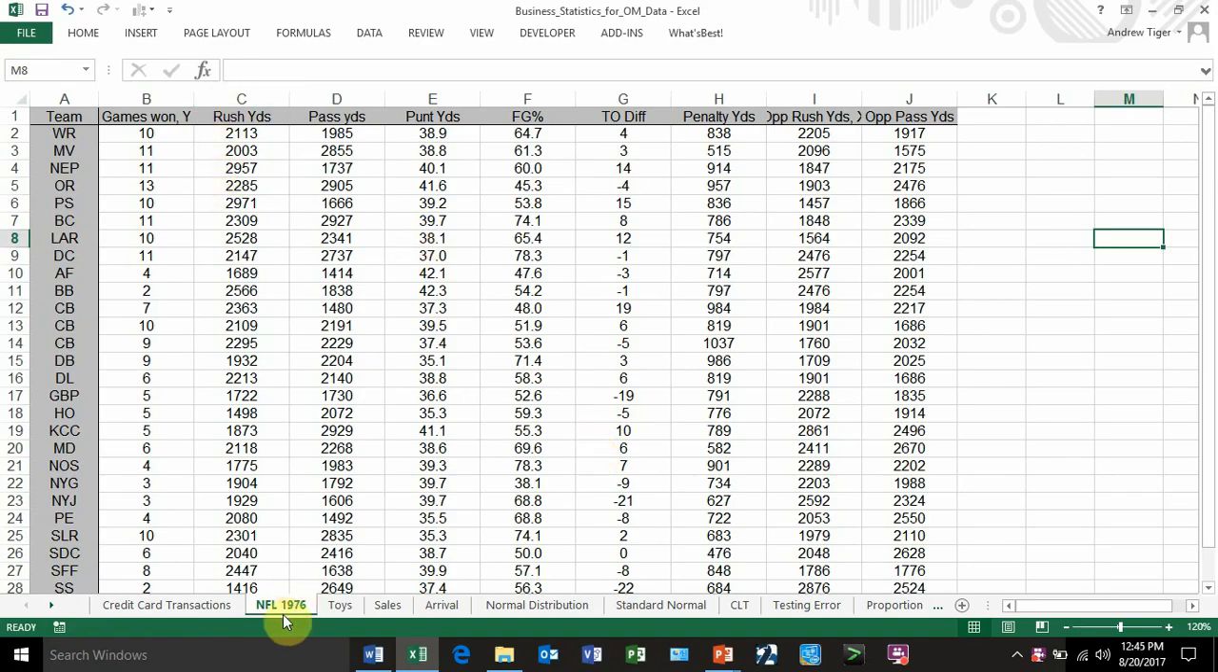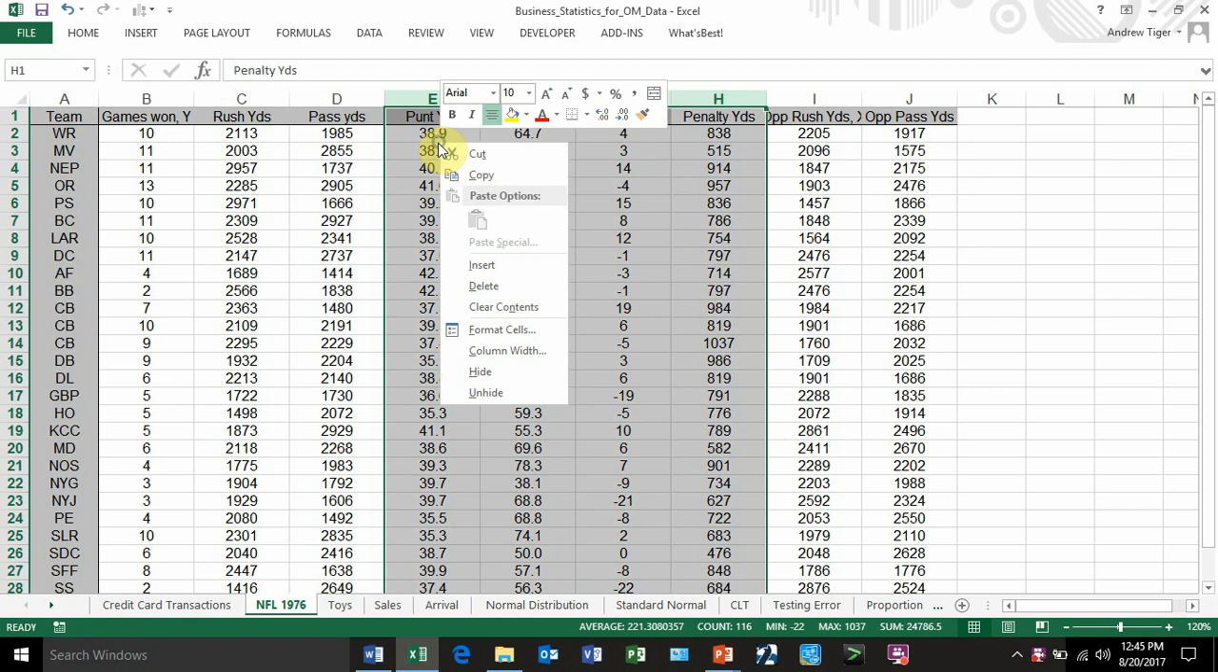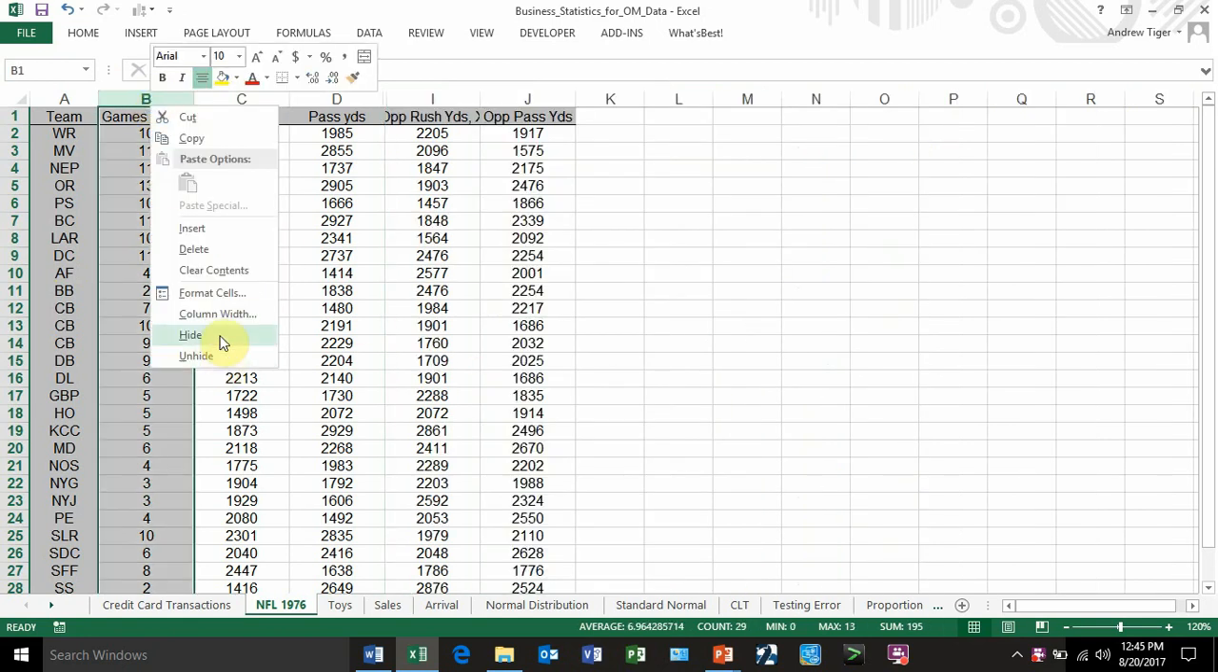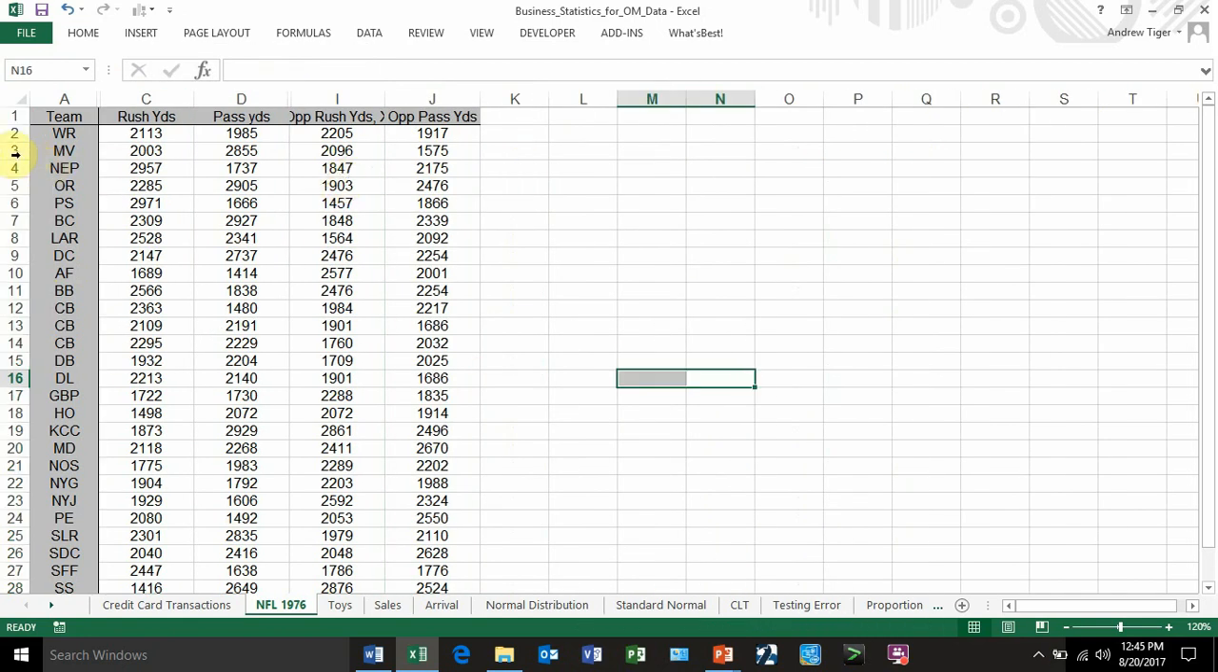I'm just going to look at this 1976 NFL football season, and I've got all my teams here. And let's just build some confidence intervals around the offensive rush yards, offensive pass yards, defense rush yards, defensive pass yards. So I'm going to get rid of all these other ones. Let's just build some confidence intervals. Now, one thing I could do